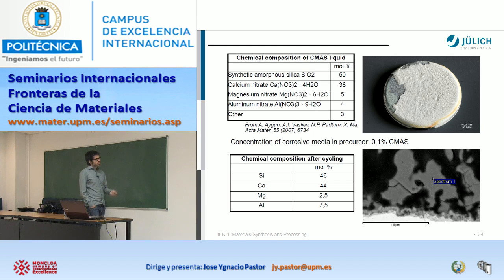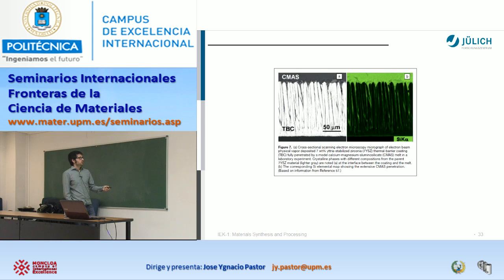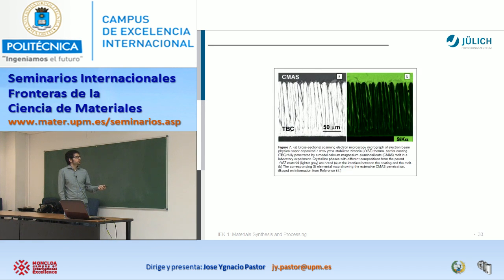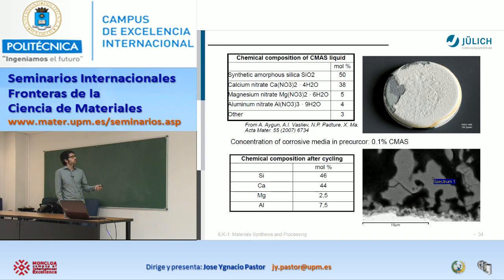Okay, and this is, for example, how they look like at the end. The problem of this volcanic ash or ash in general is that it's not always the same. I mean, maybe the content in one part of the world of the calcium is higher, in other the aluminates is higher. I mean, it changes, and then it's critical for your barrier. Okay, just to mention, if you are interested, for example, this researcher Nitin Padture, he works several